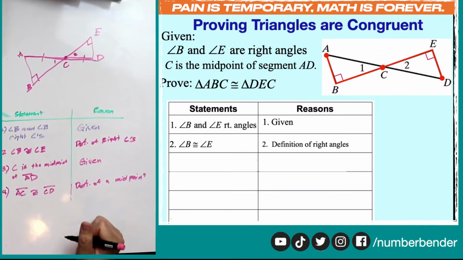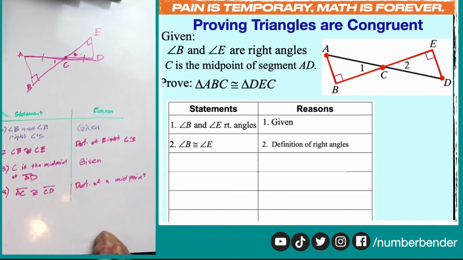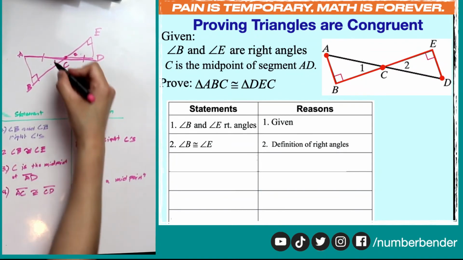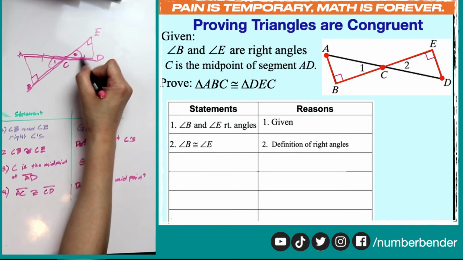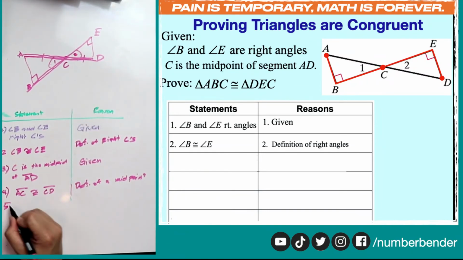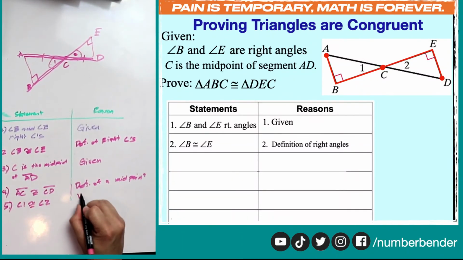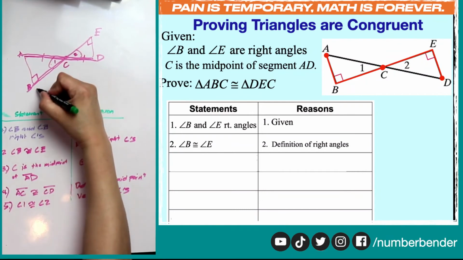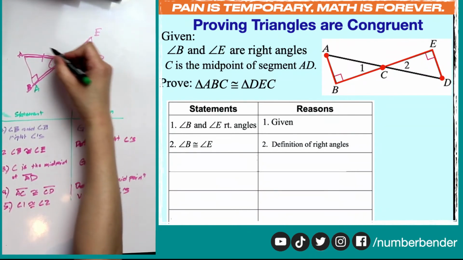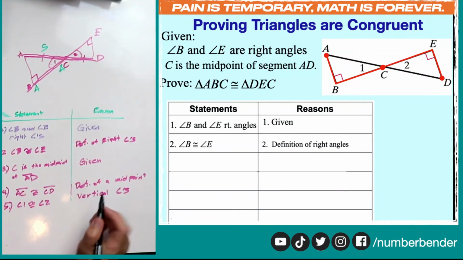And now we are seeing that all we need to do is to show that angle 1 and angle 2 are congruent, and that is easy because we know that this is a vertical angle. So by doing so, we know that line 5 is that angle 1 is congruent to angle 2 because of the definition of the vertical angles. And by doing so, we're now able to establish angle, angle, and the non-included side to be the postulate that we can use to prove that